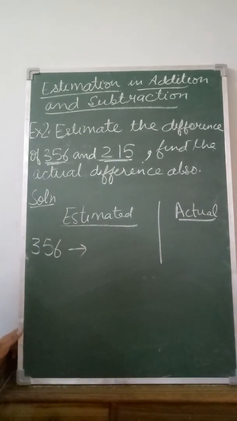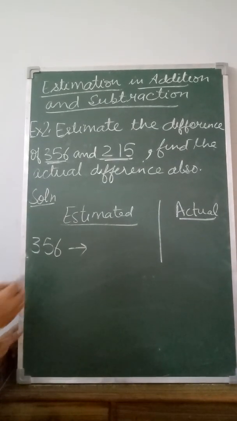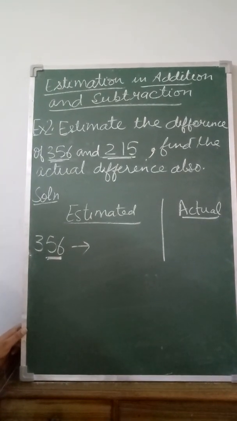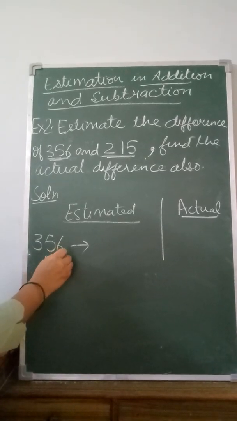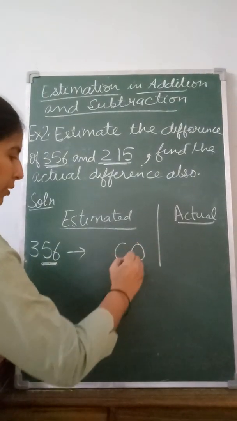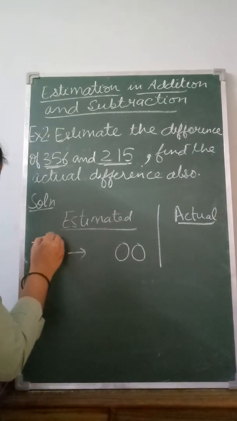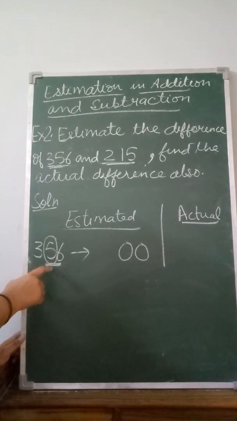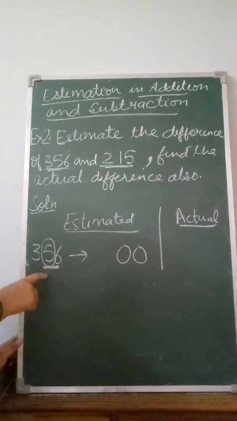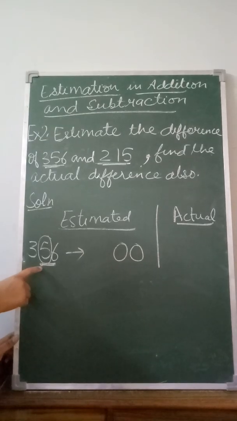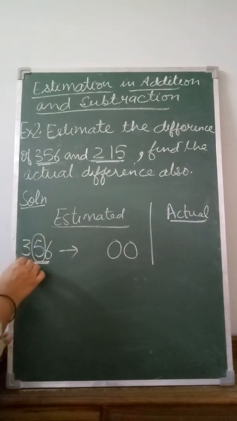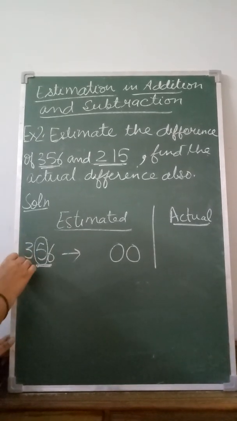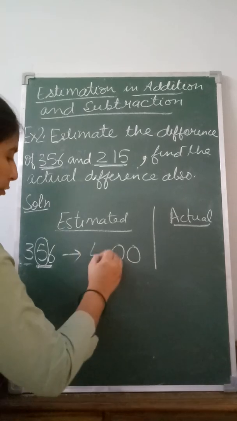So let's write the first number, 356. And what is the rule here? This time we are converting this number to the nearest 100. So underline both the digits, ones and tens place. In the previous one we were underlining only one digit. Here we have to underline both digits, ones and tens place. Replace both by 0, right? And now you have to circle the digit on the tens place. Now you have to check: is the number more than 5, equal to 5 or less than 5? Yes, this number is equal to 5. So we have to increase this hundreds place digit by 1. So 3 plus 1 is 4.